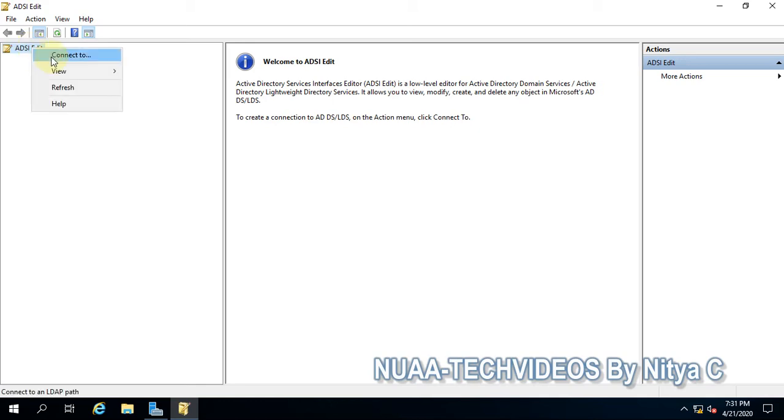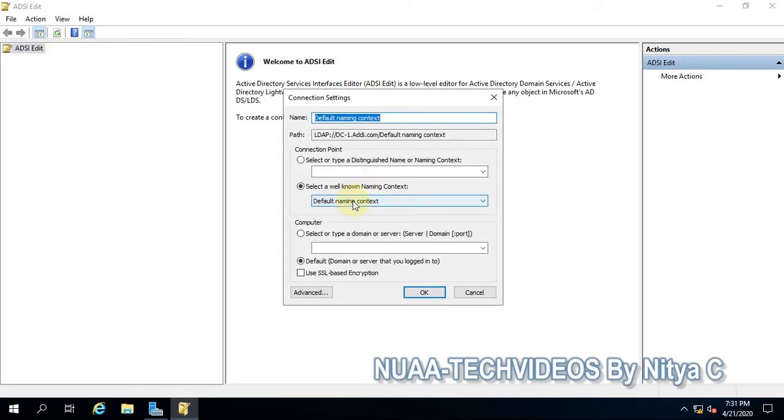So I'm going to connect, so connect to, and here you can see, leave it as default, and this is the path it is connecting to. This is my domain controller, so it will be connecting to this domain controller. And if you have any connection point, you can open it; we will see that in later videos, but now we will focus on